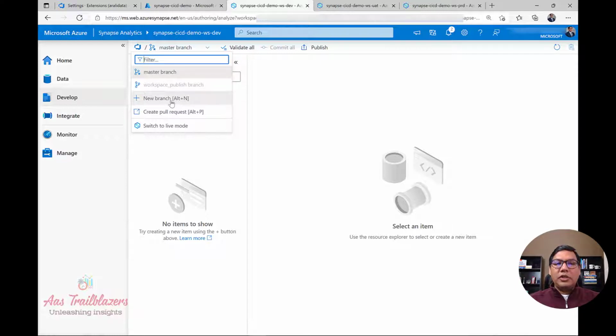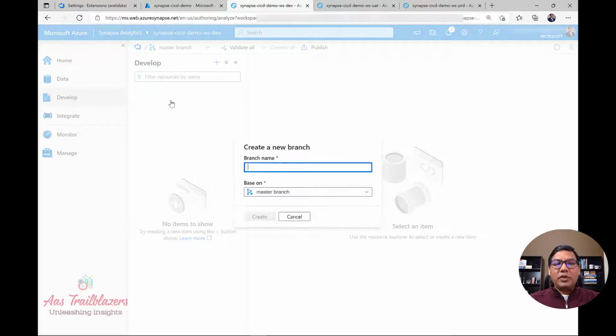So click on this new branch option over here, and then specify the name for that branch, and you can give any name that makes sense for that specific feature. I'm just saying new feature in this case, and I'm going to create this branch based on what is already there in the master branch, right? So let's click on Create,